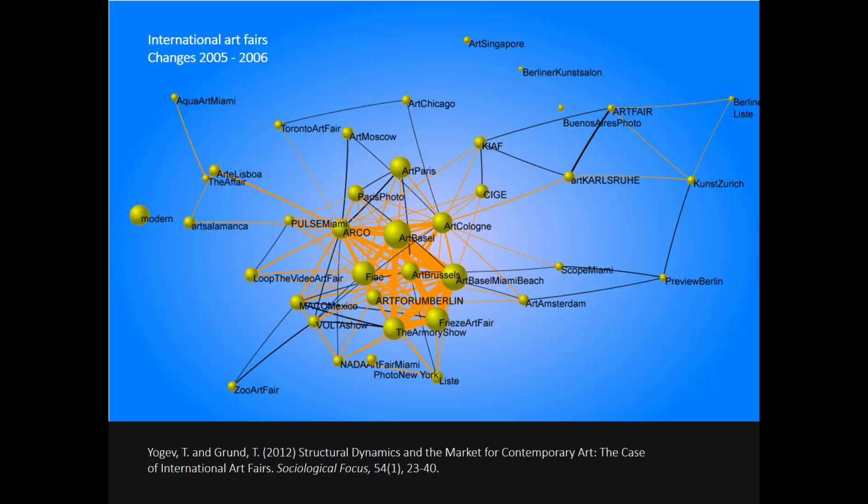And now we plotted a line between these two nodes when there was one art gallery that went to both of these art fairs. And by doing that repetitively, we have different widths of these ties as well. Remember, some lines here are thicker than others. That means lots of galleries go to both of these art fairs, while a thinner line means fewer galleries go to these art fairs. Then we color them differently. That basically means, was there this relationship there the year before?